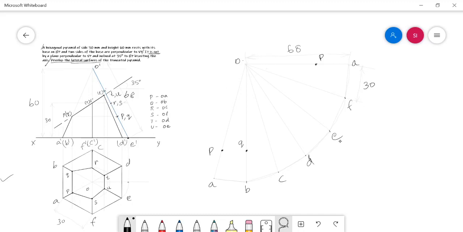It's Q. And then measure the distance between O dash and R in the true slant length line, and mark it in the edge OC, because the cut point R's location is OC. In OC, I have to mark the point R in the right place. This is point R. In the same way, the point S can be marked in the OF.